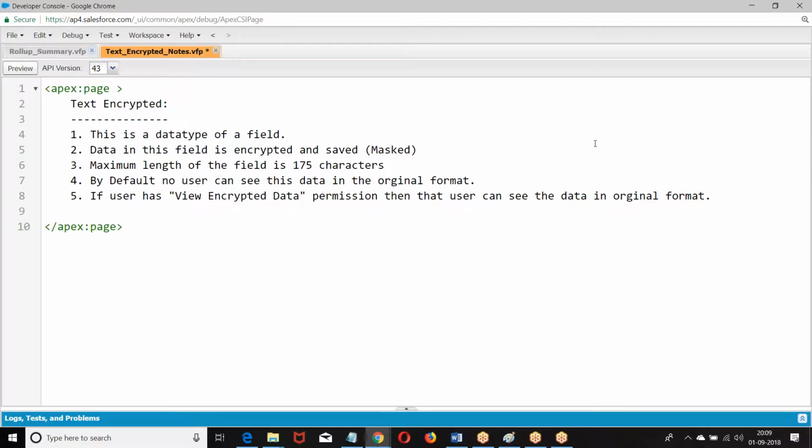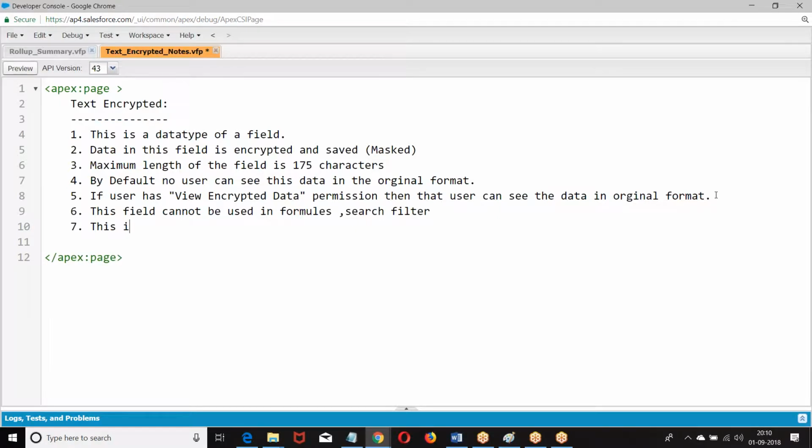Next, this field cannot be used in formulas or search filters. Based on this field, you cannot search the data.